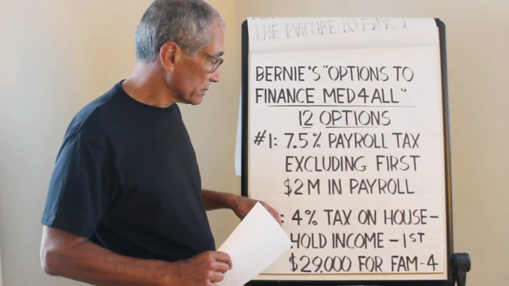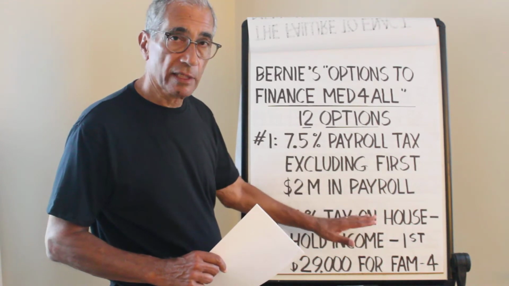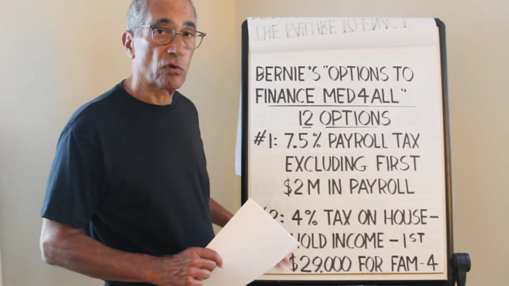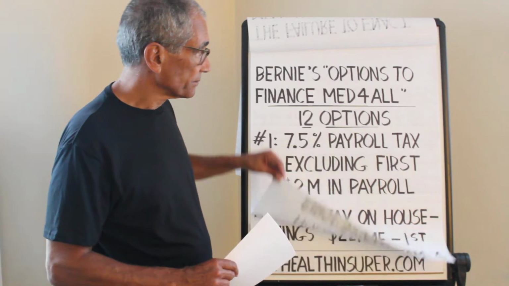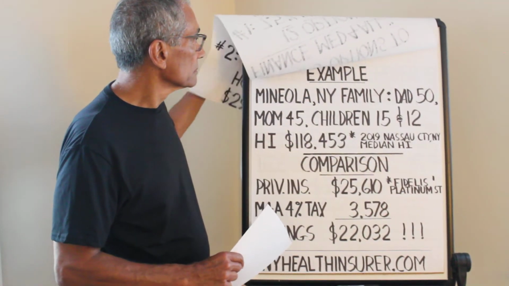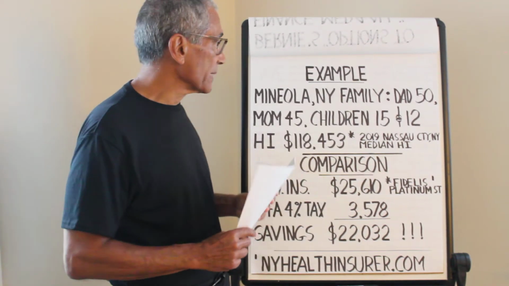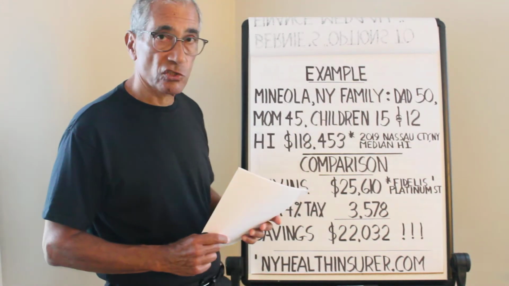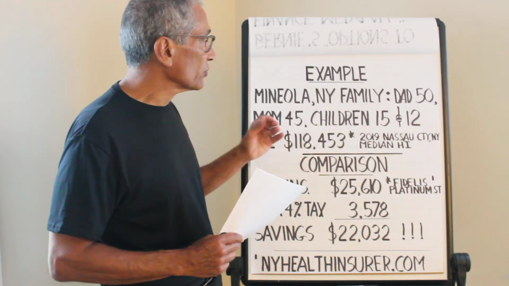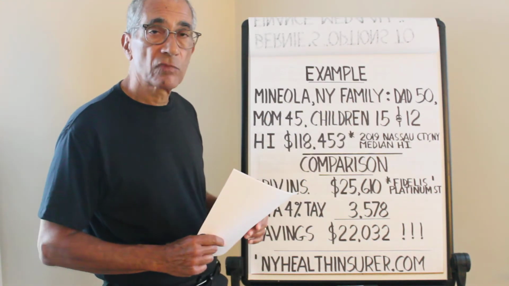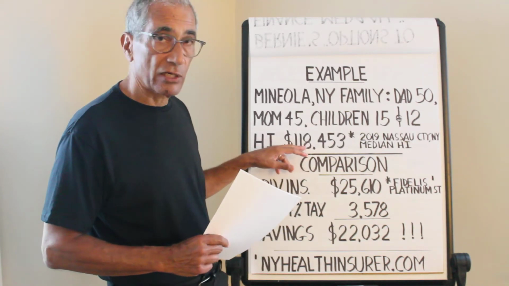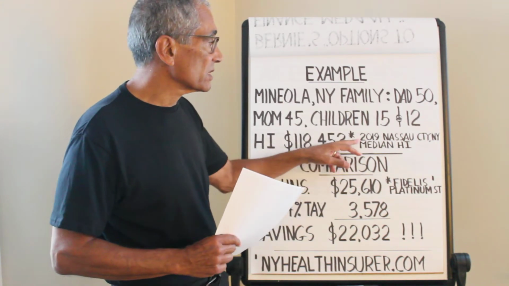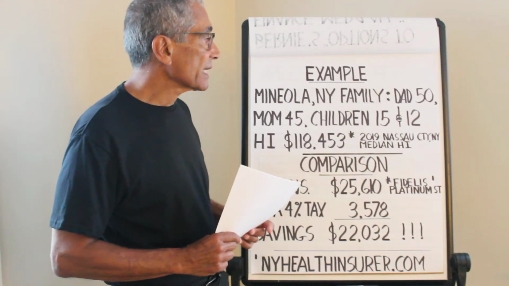The second option was a 4% tax on household income minus the first $29,000 of that household income for a family of 4. So let me give you an example of how this might work. A Mineola, New York family. This Mineola's in Nassau County, New York. Dad 50, mom 45, children 15 and 12, and their household income happens to be $118,453 for this example. And the reason for this number here is because it's the 2019 Nassau County, New York